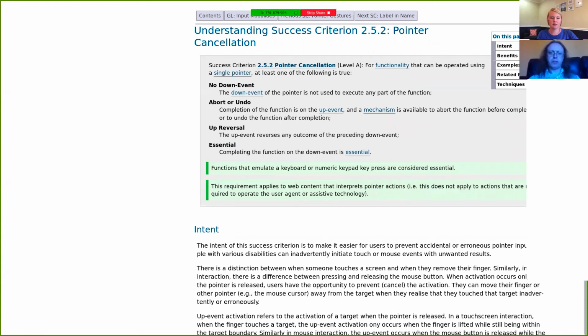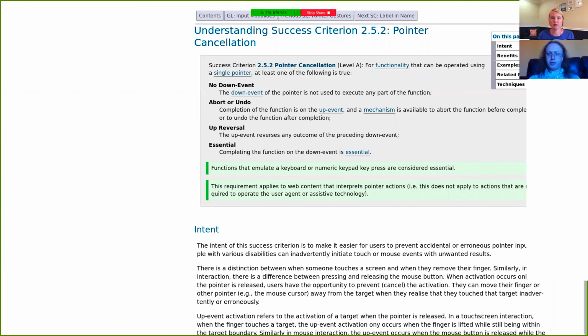Some operations do require the down event. So if you are building a JavaScript drag and drop system, the down event is something that you actually need to be able to pick up on. So that might be a thing that can be exempted.